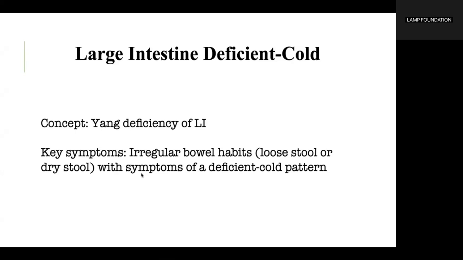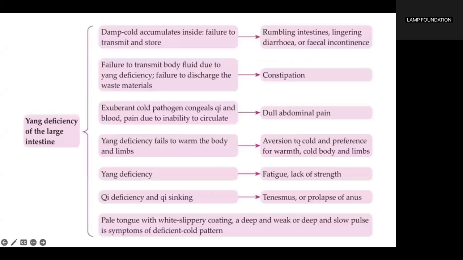Key symptoms: irregular bowel habits like loose stool or dry stool with symptoms of a deficient cold pattern. Clinical manifestations: rumbling intestines, dull abdominal pain, preference for warmth and pressure, lingering diarrhea or fecal incontinence, possibly even tenesmus, rectal or anal prolapse, aversion to cold and preference for warmth, cold body and limbs, fatigue, lack of strength, profuse and clear urine, constipation, a pale tongue with a white slippery coating, a deep and weak or deep and slow